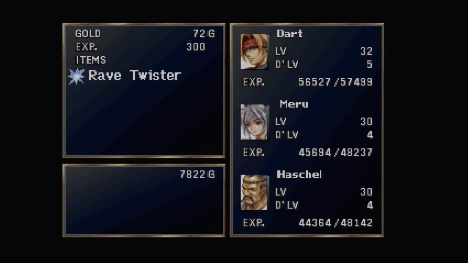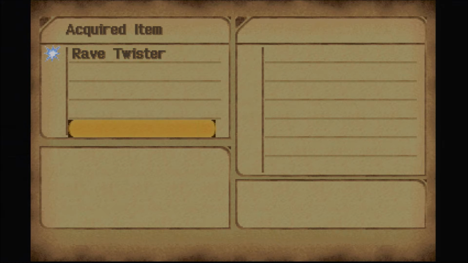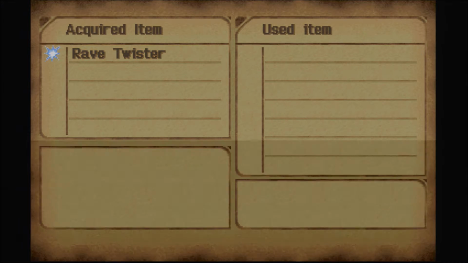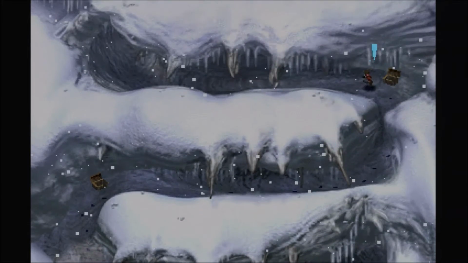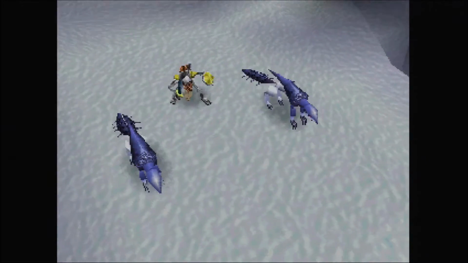Rave Twister. I guess that makes sense. That must drop from that lizard thing, since I think that's the attack that it does to you. I mean, it does definitely some sort of wind attack, but yeah, I already have one too. I don't know. Wind-based attack for all. Oh no, so if that's a wind-based attack for all, well, the ones that those lizards use on you is single target only. So apparently that's not what they use. I mean, obviously, they're still using a wind attack, but